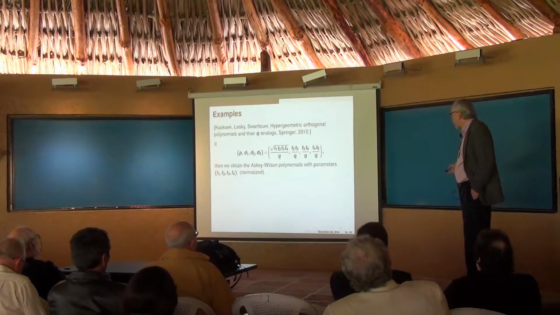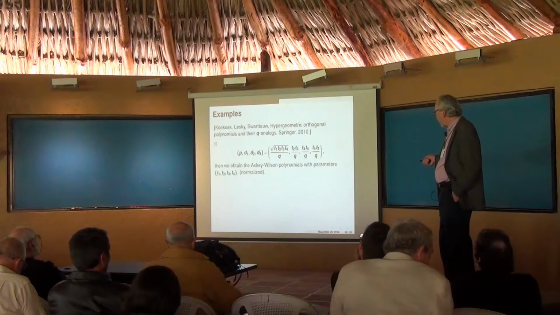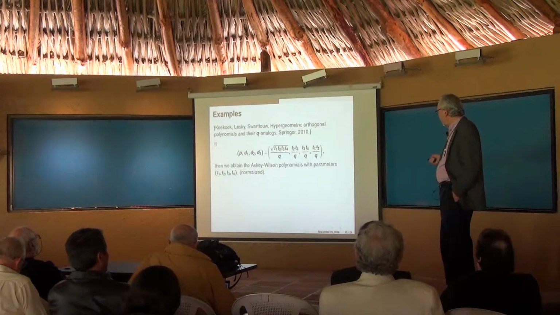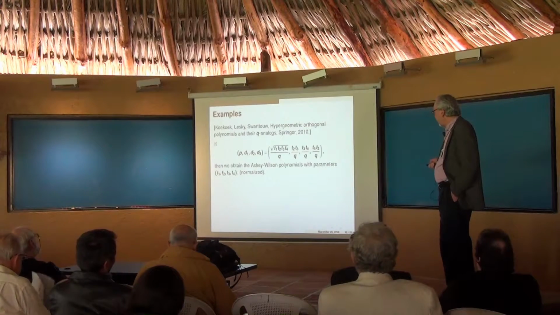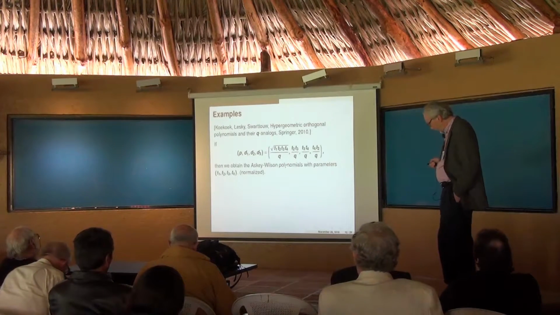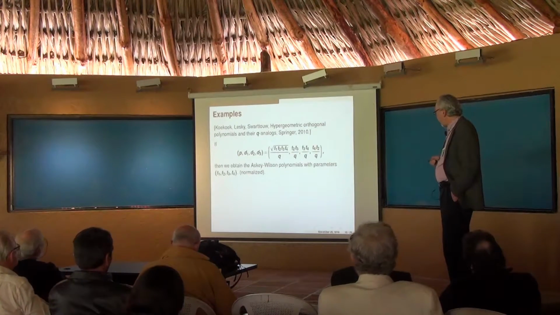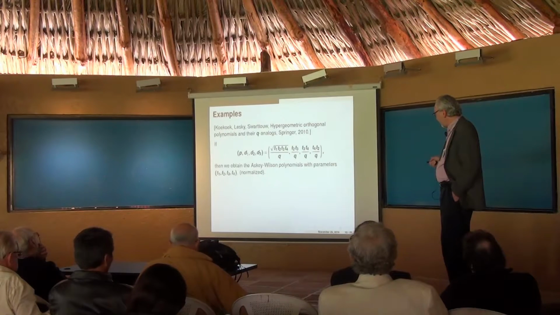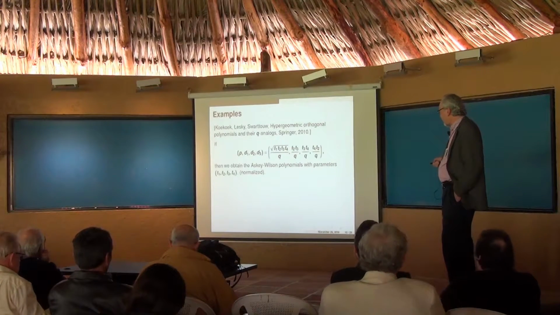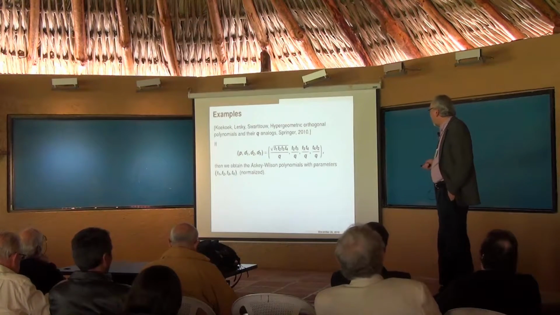For example, if we give these values to the parameters, written here in terms of T1, T2, and so on, using the description in the book for the Askey-Wilson polynomials in terms of the coefficients of the recurrence relation, they are described by means of these parameters. So this choice of the parameters P and the D1, D2, and so on produces exactly the Askey-Wilson polynomials, normalized in the usual way.